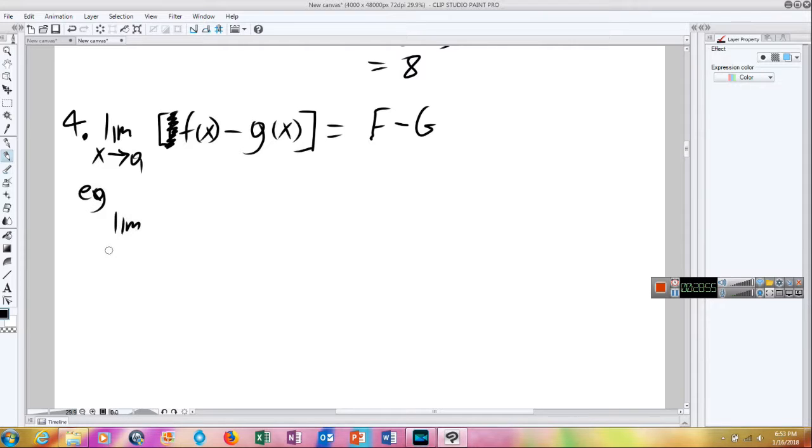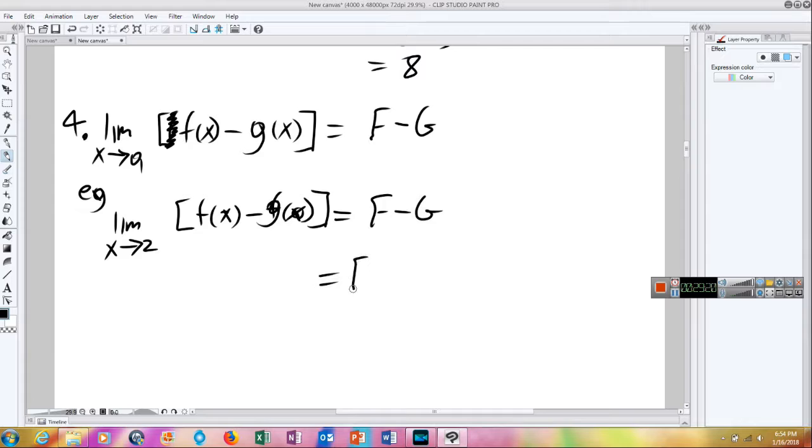So we're going to say the limit as x tends to 2 of f of x minus g of x is equal to f minus g. And that's equal to f of 2 minus g of 2 is equal to